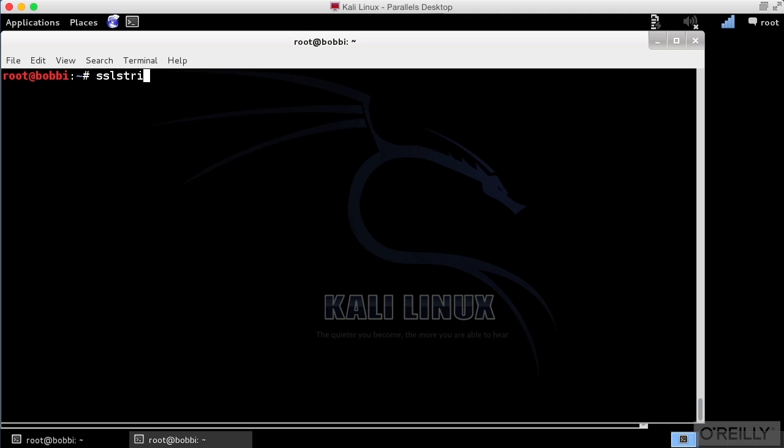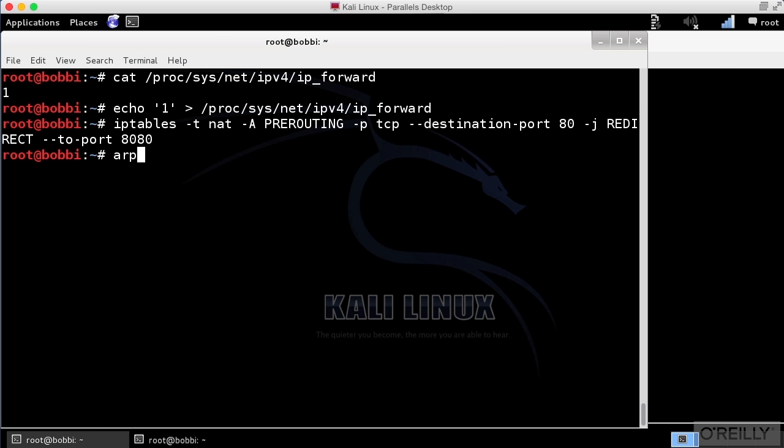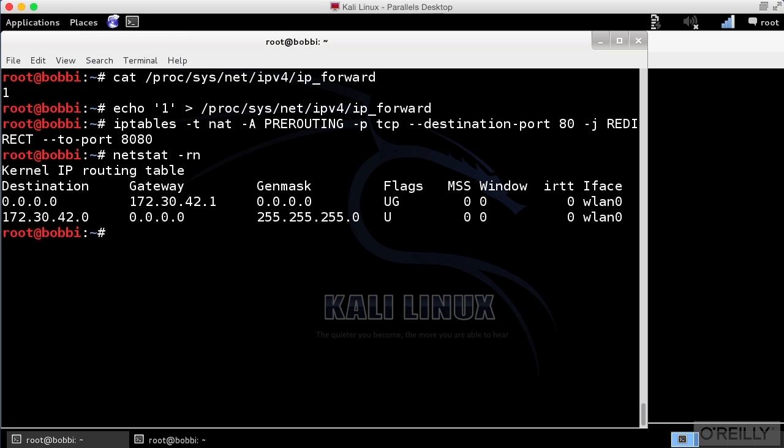So now all I need to do is start up SSL Strip, and I'm going to be listening on port 8080 with SSL Strip. And then over here, we're going to use arpspoof on my wlan0 interface, and then 172.30.42.1 is my gateway on this particular network. I can see that here, 172.30.42.1. So I'm going to arpspoof -i wlan0, and then